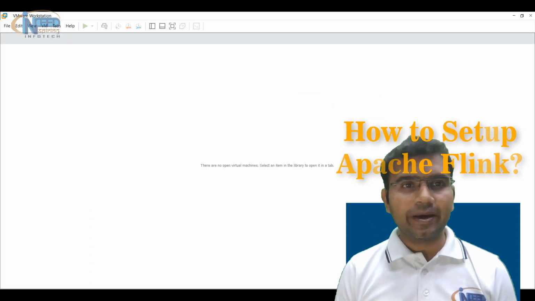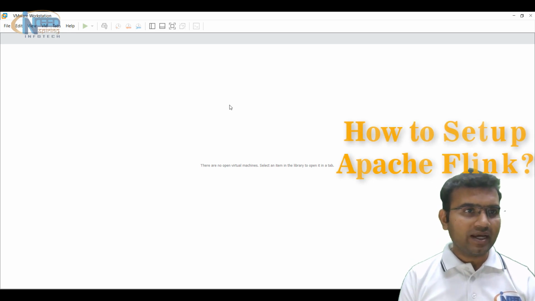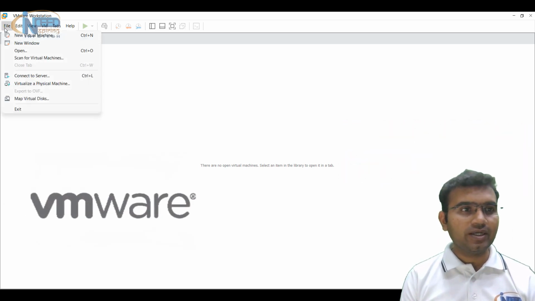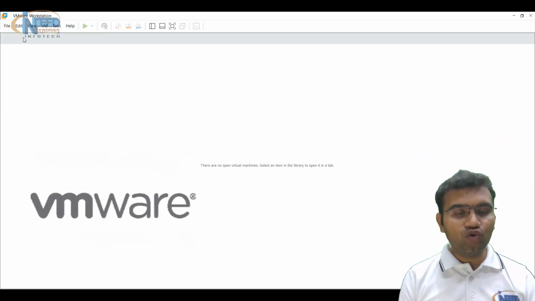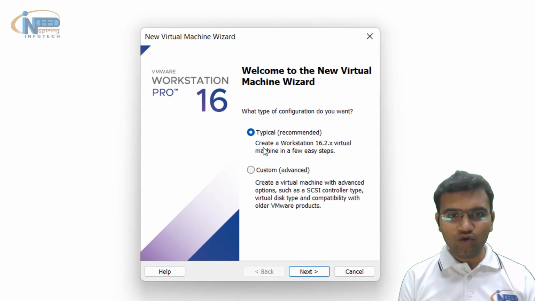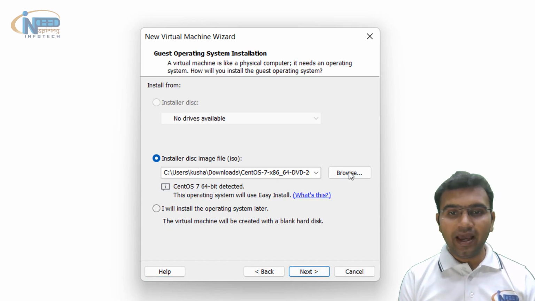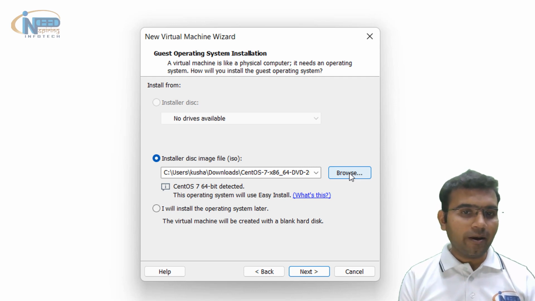In this particular session, we are going to see how we can set up Apache Flink. I will be helping you out in this VMware Workstation, and I will be setting up a new virtual machine. So let me create a new virtual machine. I am opting for default options. Here I am keeping it typical, and next, I have already downloaded